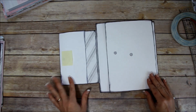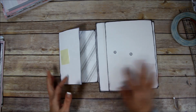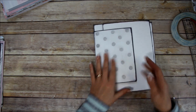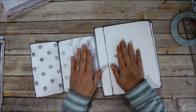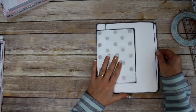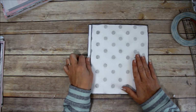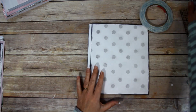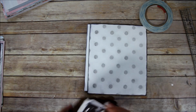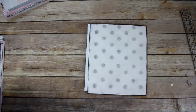Okay, I added the second set of magnets and that made me happy. It's doing exactly what I wanted it to do. And then when I cover them with cardstock, it'll still be magnetized in between there. So I took care of that problem. And now I wanted to turn this on the back side and show you guys. Let me move my magnets out of the way before they get attached to something else. How to use